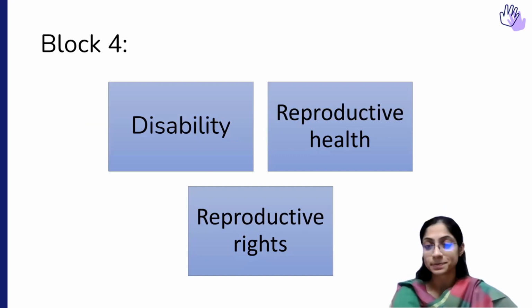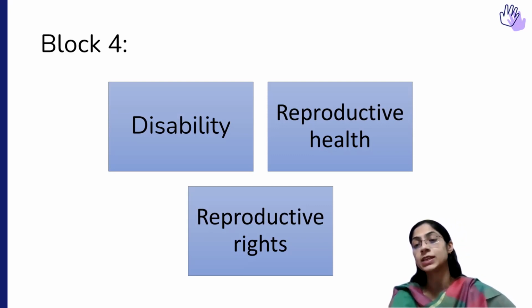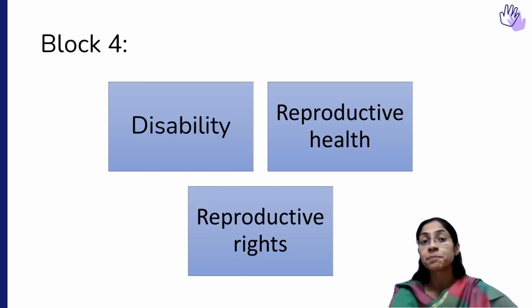However, in block 4, we'll understand that though women are now progressively being empowered, they still do not have full access over their bodies. Reproductive rights, who chooses for them to have a child, who sets the age limit for them to get married and have children, and whether or not they can continue with a pregnancy when they have a female fetus, is what we shall see in block 4.